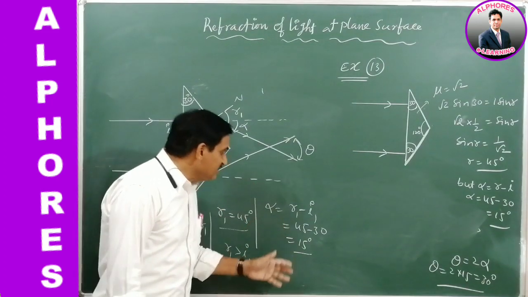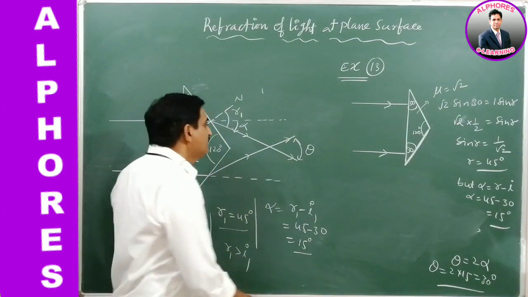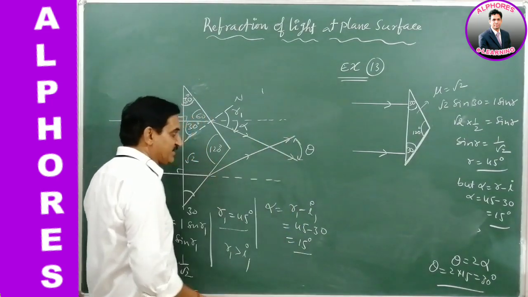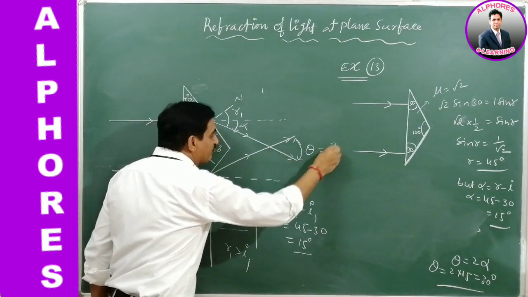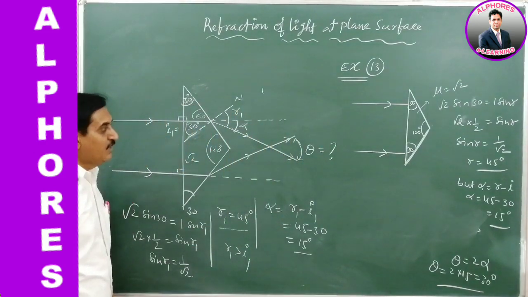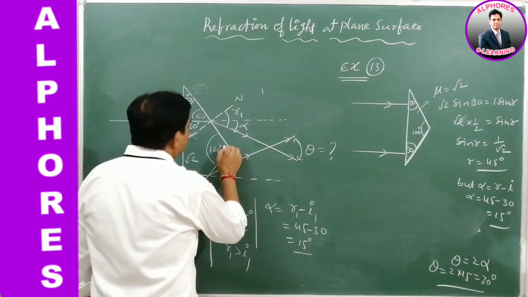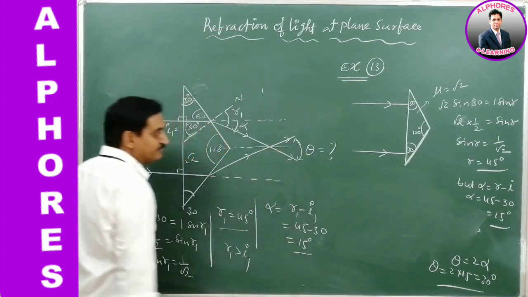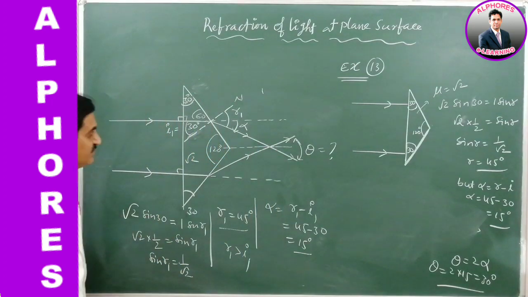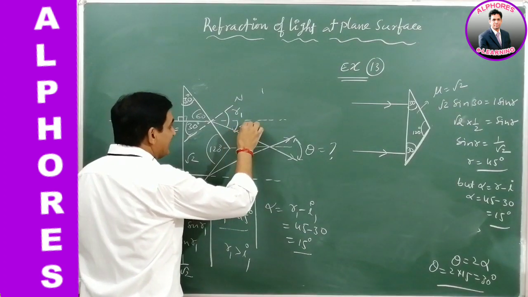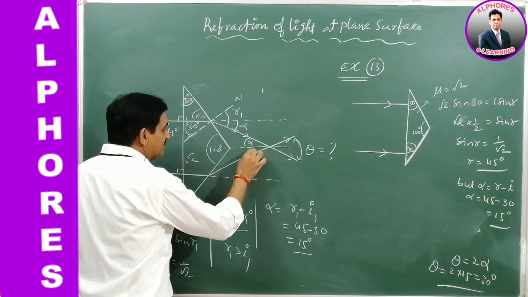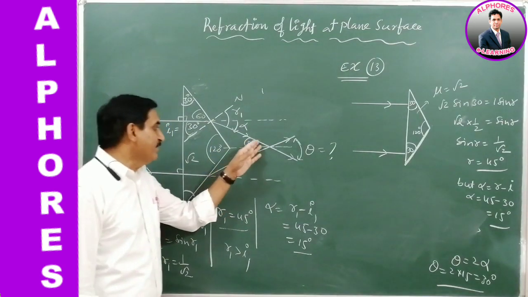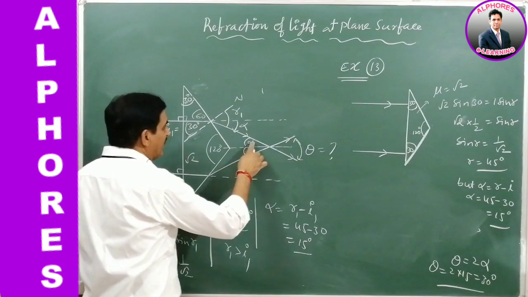After finding this, we can go for the angle between the emerging rays. These are the emerging rays after refraction. This angle which we are going to find is theta. How can we find that? Draw a parallel line at the point of intersection of the emerging rays. This deviation angle is alpha, and this is also alpha, because it is a symmetric line, an angular bisector. Therefore the angles are equal, alpha and alpha.